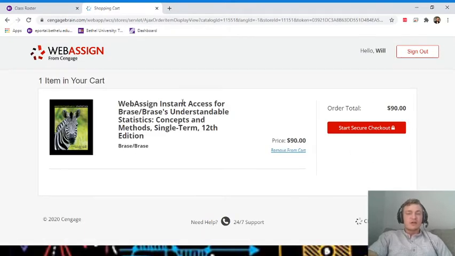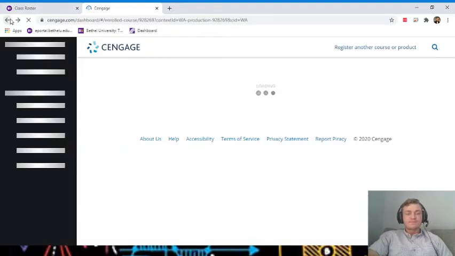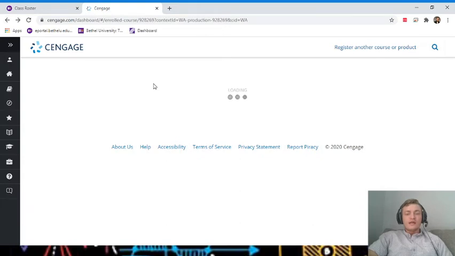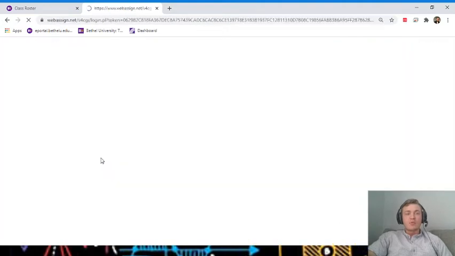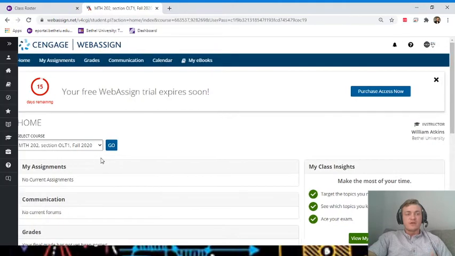Secure that checkout, and you will get WebAssign along with the electronic copy of the textbook. Once you put in that information, you will have access now to WebAssign for the full semester. So we will go back to the home page, and just to see our navigation of the home page,